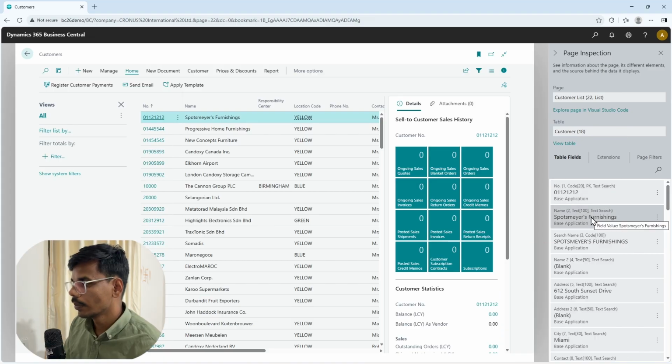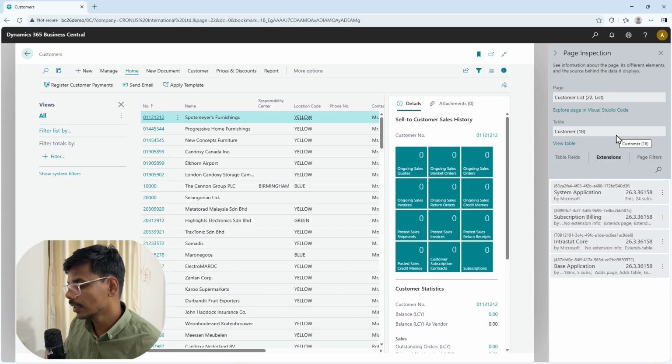So there are many fields available like number, name, search name, address, and so on. Also here you can see extensions. In here you can see all the extensions that are impacting this particular page, customer list, and currently we do not have any extension that is actually impacting this page. So we don't see any extension over here, but these are extensions from Microsoft, so we obviously see them over